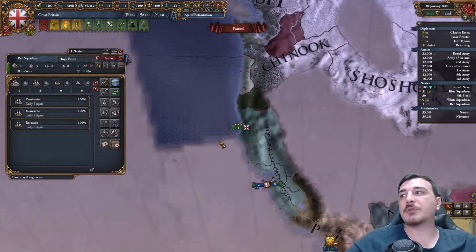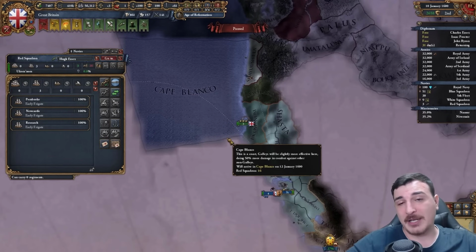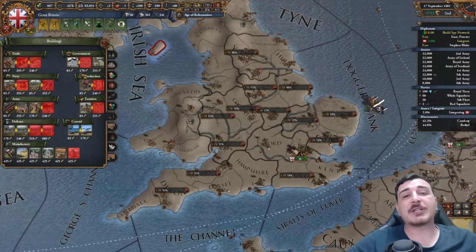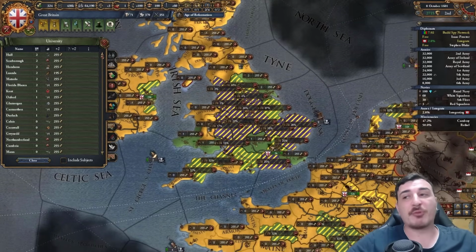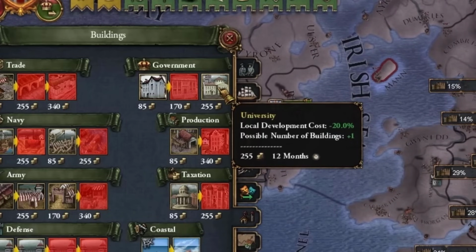I'll continue to do the same thing around the world, make trade companies in Asia, make trade companies in other parts of Africa and the Arabian lands, and only directly own provinces in Western Europe, essentially. We've also unlocked universities, so we're going to be building universities in all of our provinces in Europe again, starting with the British Isles and then afterwards, of course, the French lands too. Universities give you minus